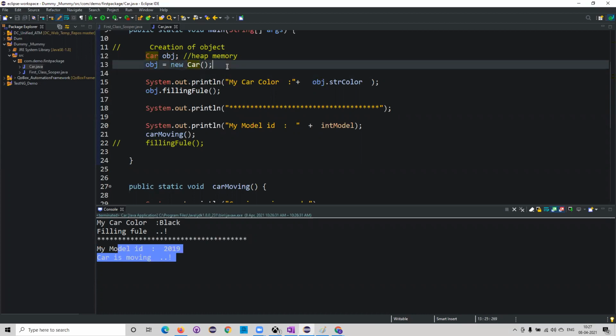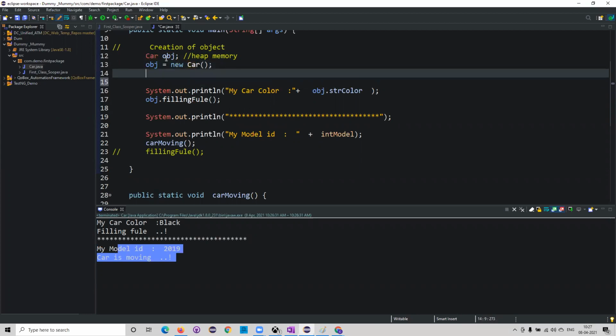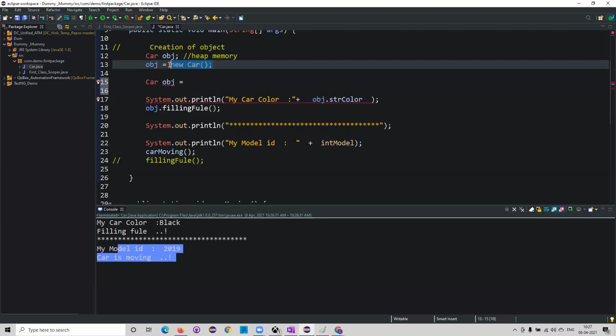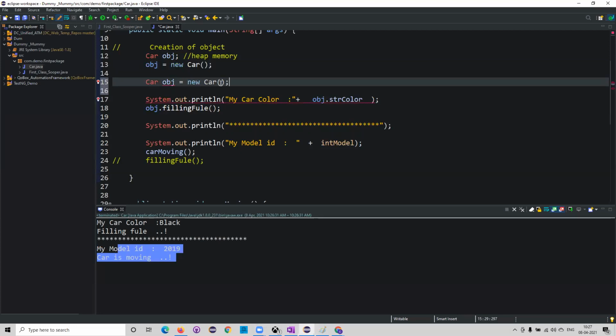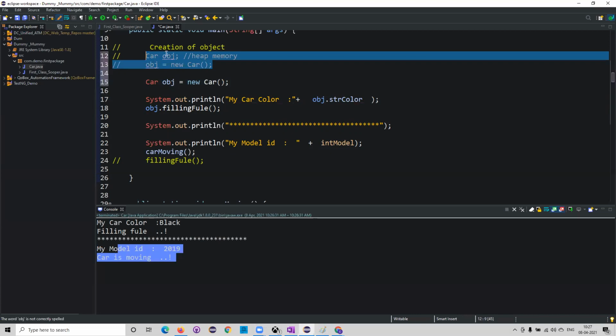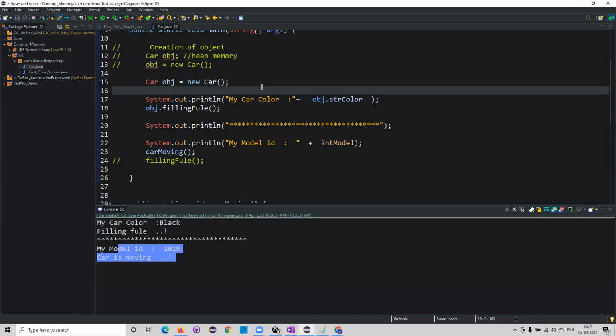These two lines we can also write in this way. This is called initialization of the object, which we have done here. And once after initialization, we need to create that particular object. So either you can do it in two lines or in one line. For more explanation, do refer to the video we have done.